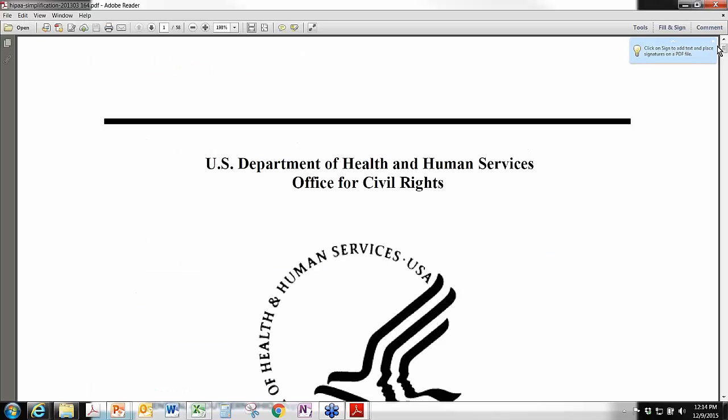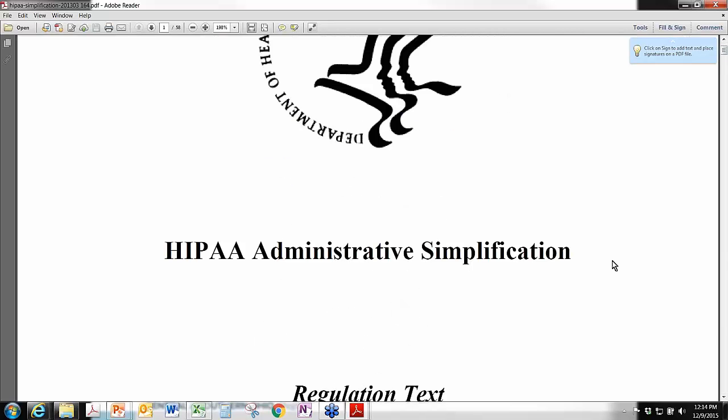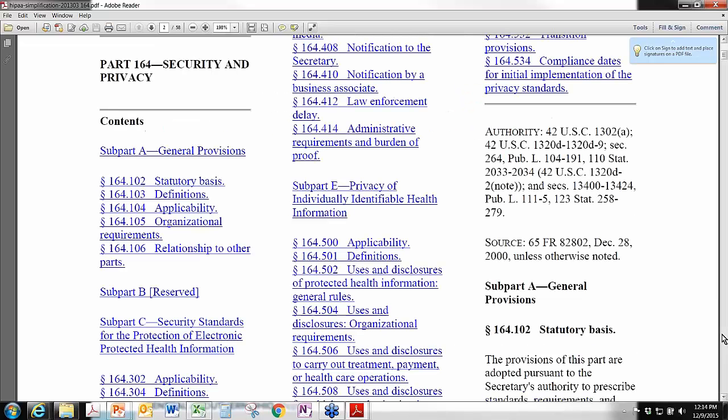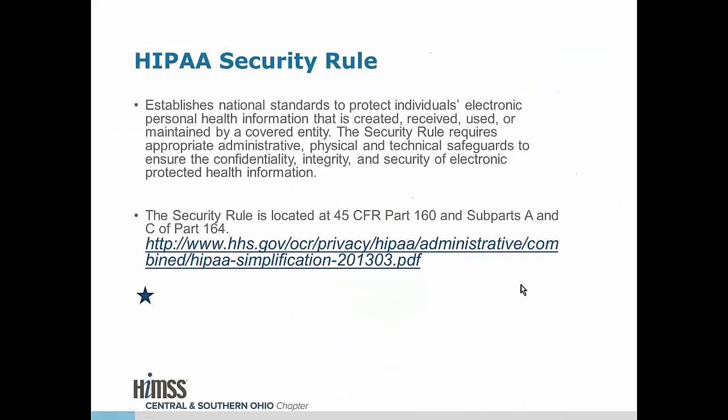When we drive down into this document, one of the first things I always hear from the folks in the office is that they didn't go to school or train to understand this, and that's fine. We're going to be there. You as health IT professionals, if you're in a security area, you're going to be there to help them understand, so that they can fully grasp what they need to be doing and how they meet